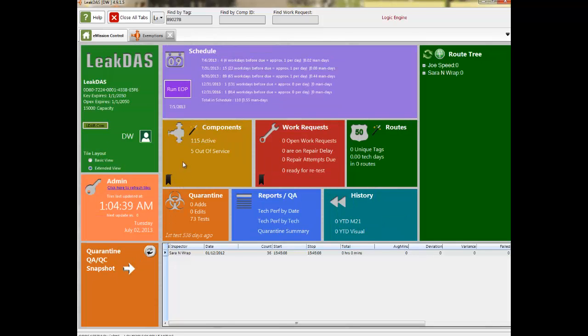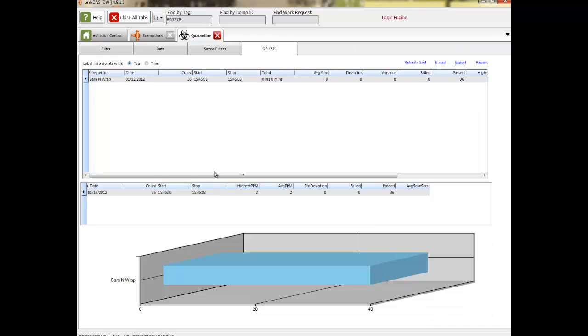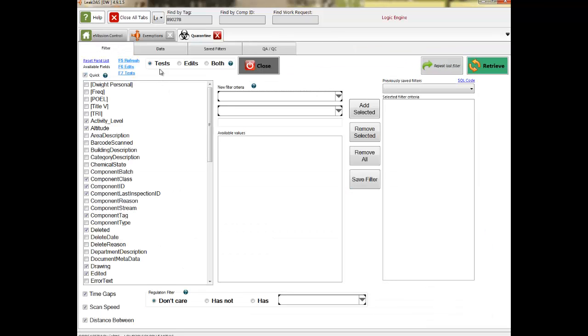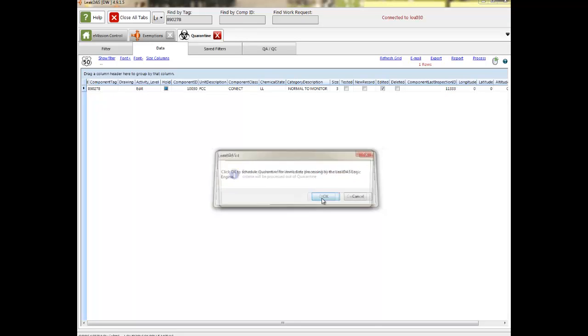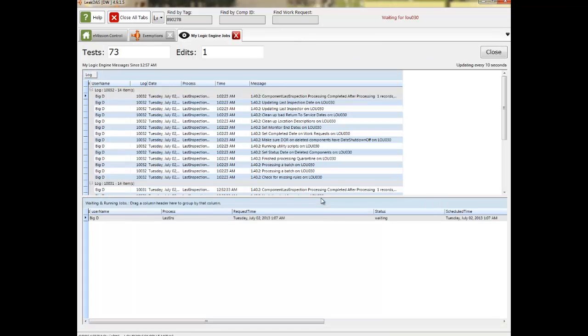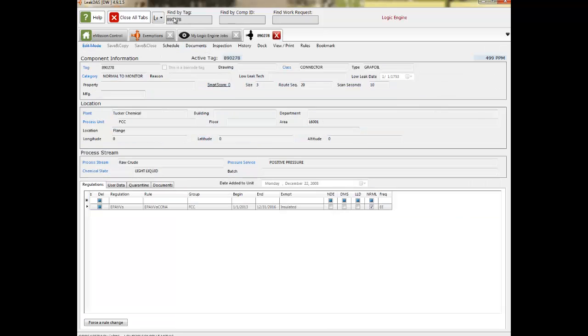Okay, and again that goes to quarantine, and I'll be able to process that through under edits, retrieve, and I'm going to process that through. Okay. Okay. And again, I'm going to go ahead and find that tag again by doing the find tag, and if you notice down here at the bottom here, it shows an exemption here in the field here,